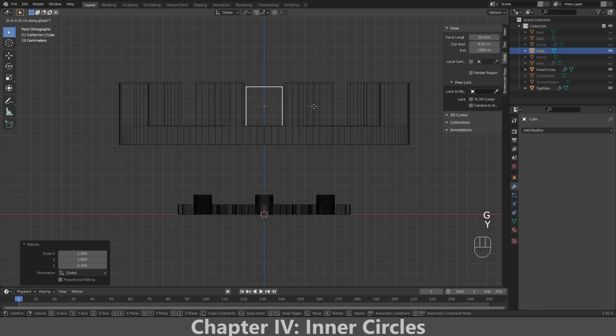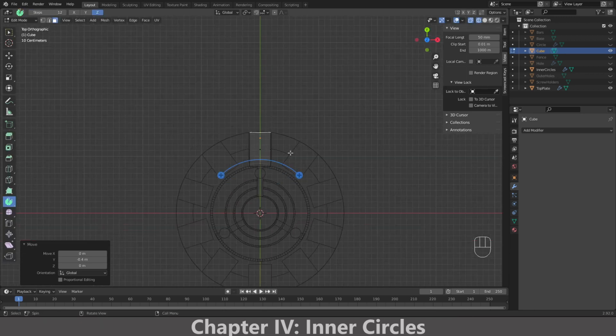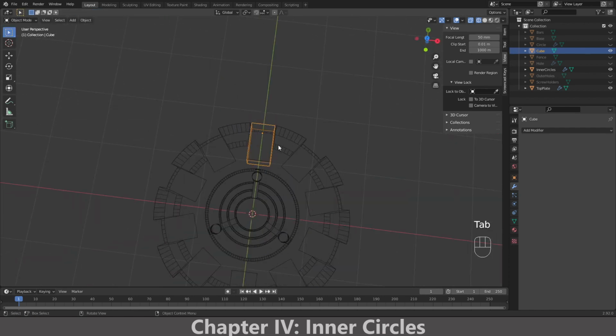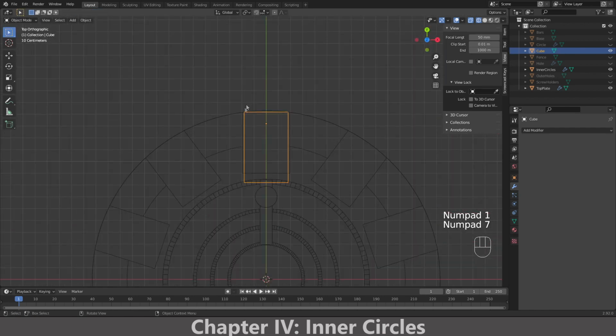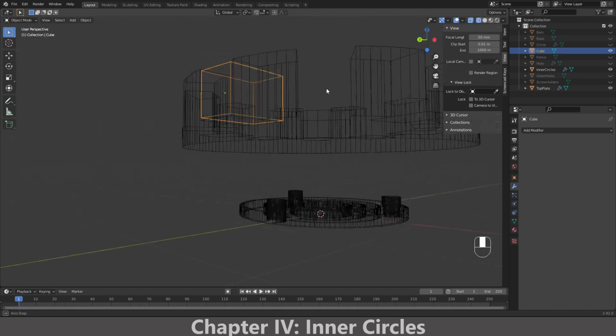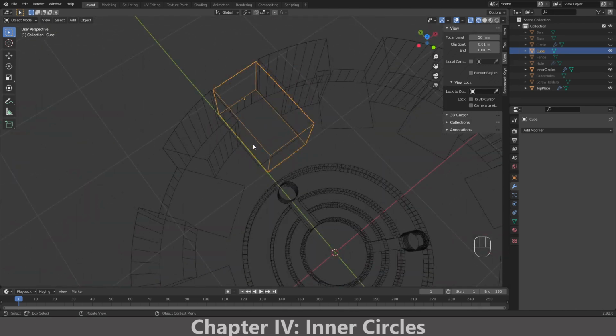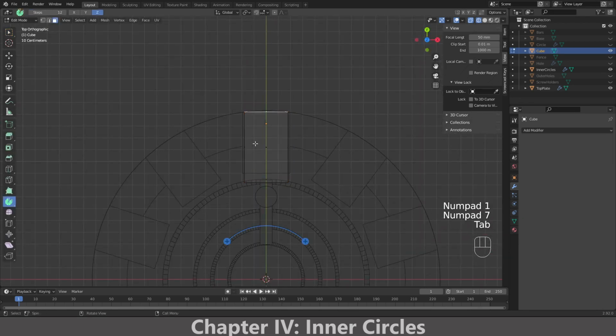Just adjusting the size of the cube and move it to its correct position. This is how the cube should look like. Now we go into edit mode